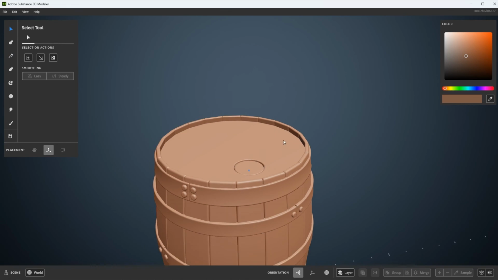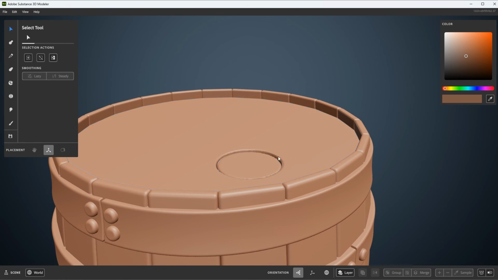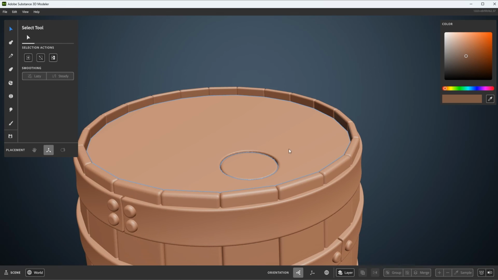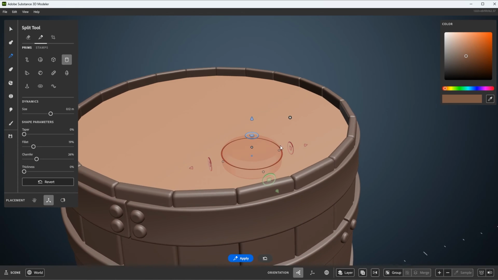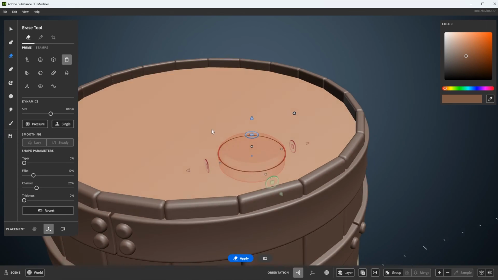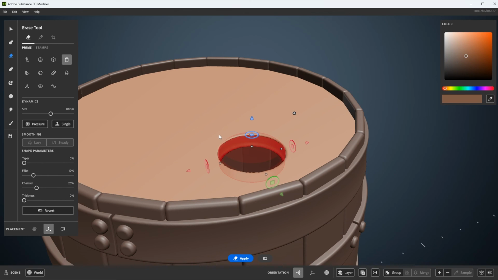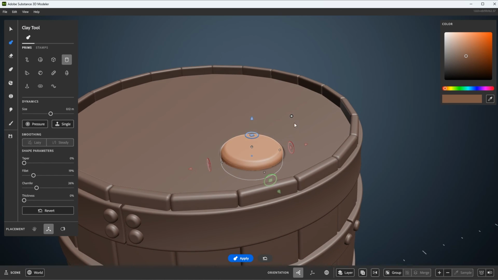So that's just a quick way to do something like that. However, in my case, it cut out that little lid, the little chamfer that I did. So maybe split wasn't going to work in that case. So what I would do, let's jump back. Let's hit my space bar here. Whoops, I'm still on split. Let's go back to erase. Let's erase. And then let's go back to clay, right click, new layer, and then create that piece of clay